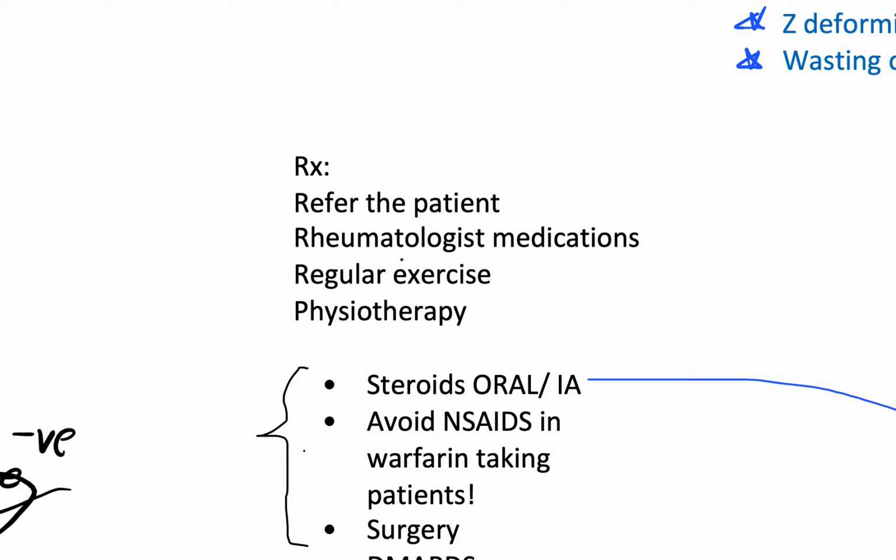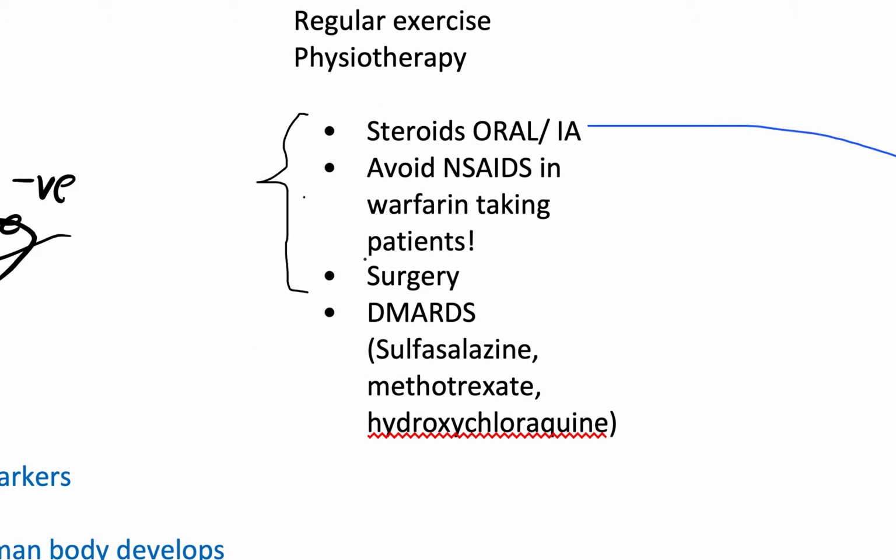Now, you will advise regular exercise and physiotherapy, but the rheumatologist can then narrow down if there needs to be a differential diagnosis after you already know all of these things. What about the medications? Now, this is where it gets interesting, and this is where we can simplify things even more so. Because this is an autoimmune disease, an autoimmune inflammatory disease, you will be using steroids, which are